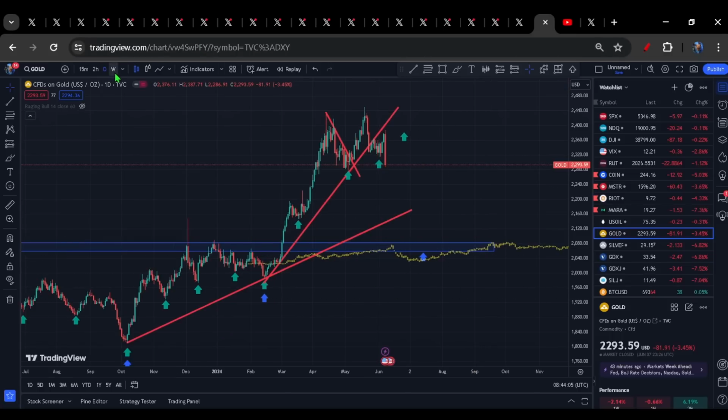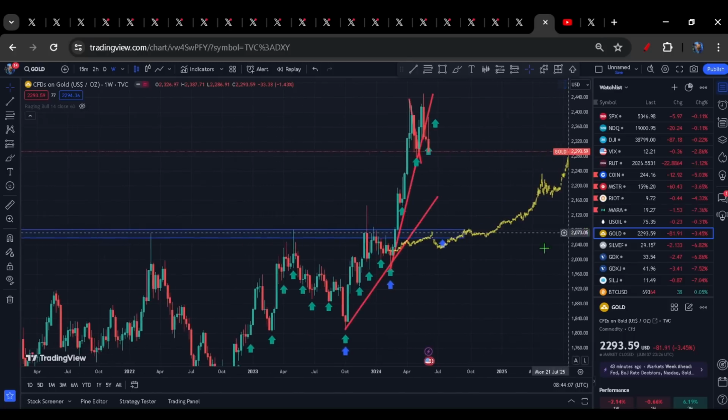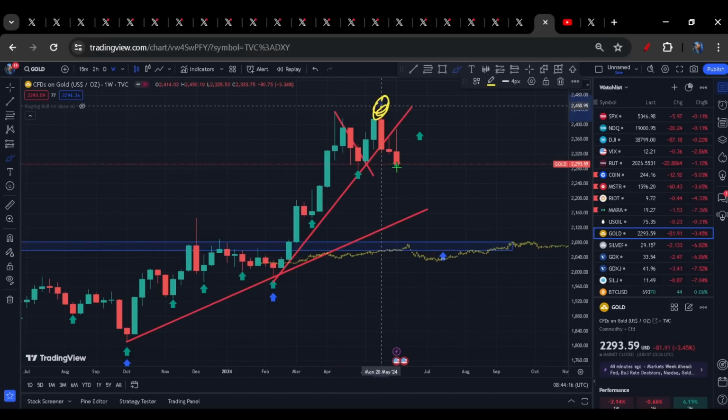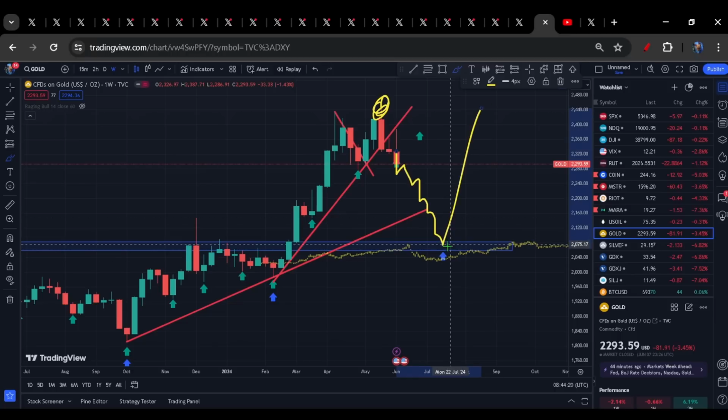If I flip this onto a weekly chart, what you'll notice is it's entirely possible that that right there is the top for the weekly cycle, and thus what we're expecting to see now is something like this into a weekly cycle low due around the mid to the end of July, and somewhere in there, whether it's as low as that, I don't know. It doesn't necessarily have to be. It could bottom at this level, but wherever it forms, okay, once we're in that timing window, that will be the opportunity to go back to full exposure, to take advantage of the next weekly cycle, just like we did back here and here.